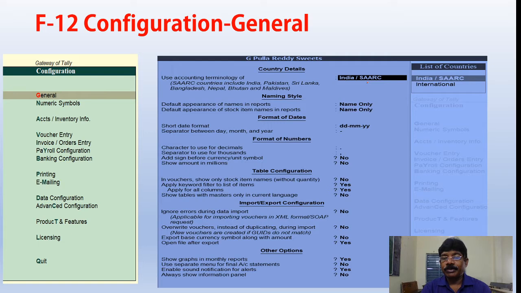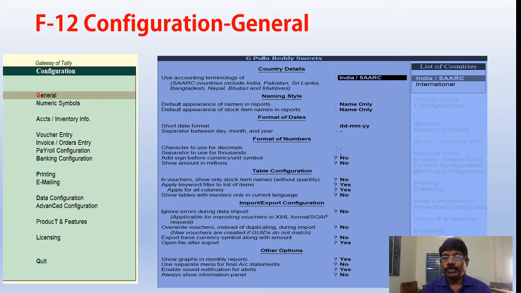Some countries start with MMDDYY. If you want that, you can. And the separator of the date: sometimes we write dates with slash, DD/MM/YY, sometimes the month will be in three letters. Number formats: for decimal places, amounts we write with paise, we write dot decimal. Separators use thousands: Indian people divide into thousands, two digits, while some other countries do it with millions, three digits.